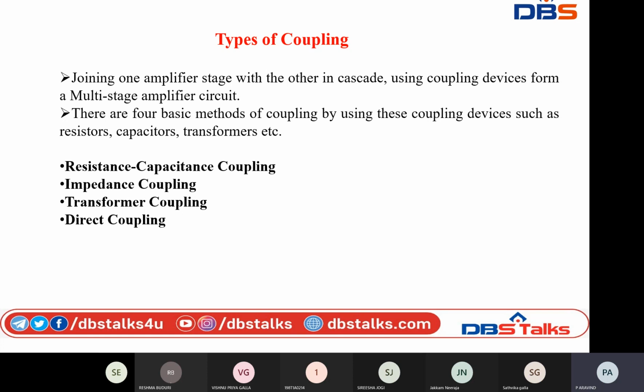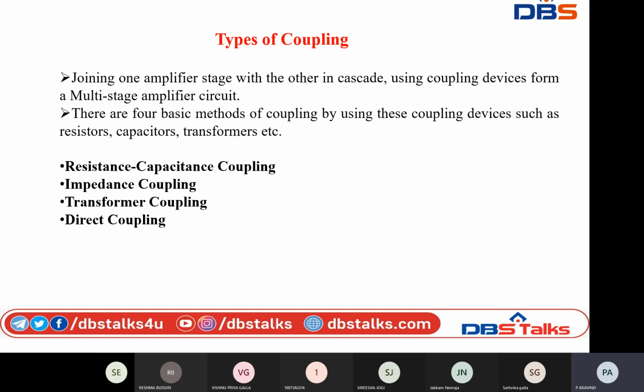In direct coupling, the name tells that the output of the first stage is connected to the next amplifier stage directly. Okay, so there is no coupling device. The individual stage bias conditions are designed so that the stages can be directly connected without DC isolation.